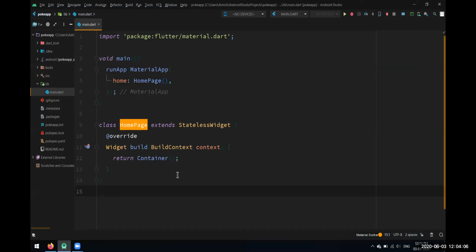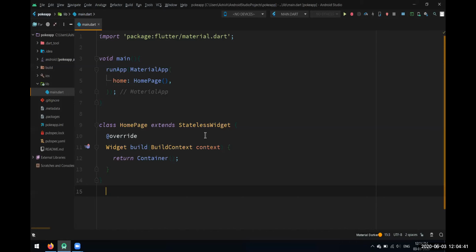But now I think most of you did a little research about what is stateless and stateful widget. So think of it like this: this app is not going to be static. We are going to be hitting that API and getting some data from that API, so that would be a dynamic process. In this case, the stateless widget will not work because the stateless widget cannot change its state according to the state of our data.